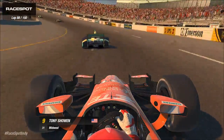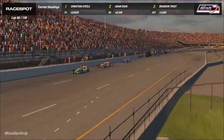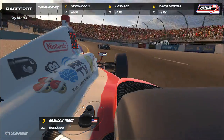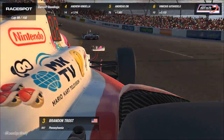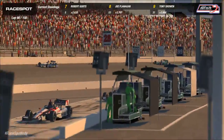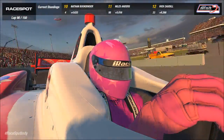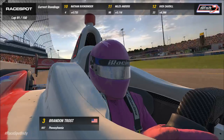Meanwhile, Brandon Trost has been on a tear this race, up 9 positions. Not the biggest mover in your field tonight, but one of them, and doing a great job right now is that 007. And he's really locked in on strategy here today. Everyone is once again on the same strategy, but Troy's taking the risk early. It's paid dividends for him now. He is in that 3rd position, and I have to say, doing a fantastic job. This could help him dramatically in the championship battle, knowing the fact that Tim Holgate is down in pit number 17 on pit road. Yeah, absolutely. A lot of points to be made up here for Trost. He was 29 points down on Holgate coming into tonight, so everything looks good for him, and also to keep...